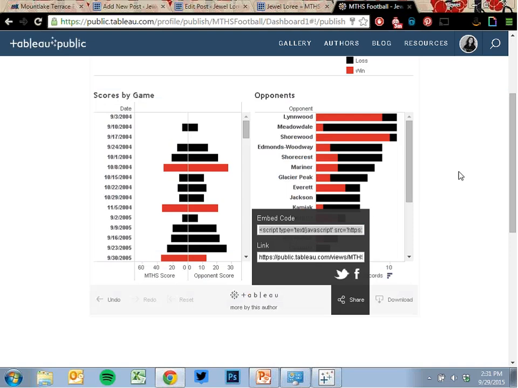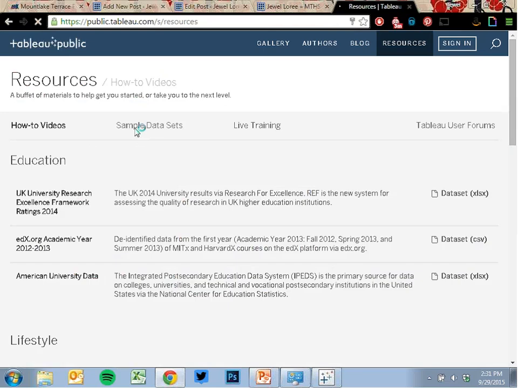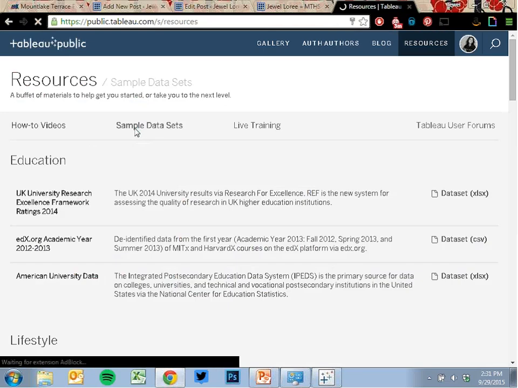So I'm going to turn you guys loose and let you play with this on your own. You have a couple options for data that you want to use. If you go to the Tableau Public website, which is just public.tableau.com, and go to resources, we have some sample data sets here that you can play with. Because you guys don't have to all work on the same data set I just did if you aren't interested. I have some in here that I think are extra fun to work with.